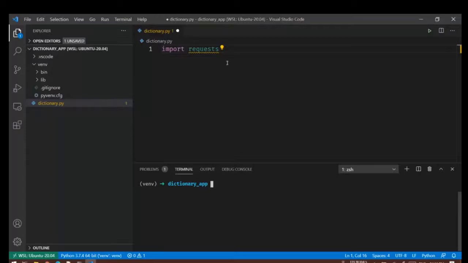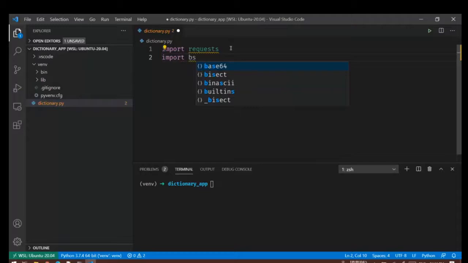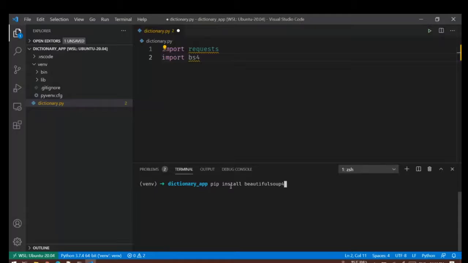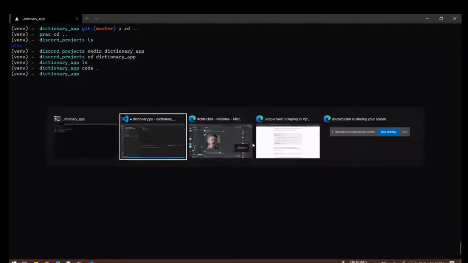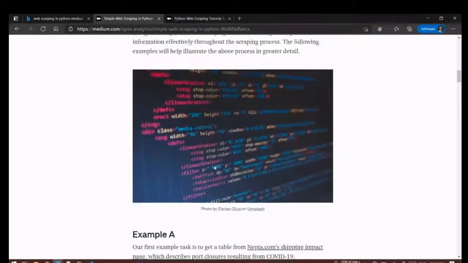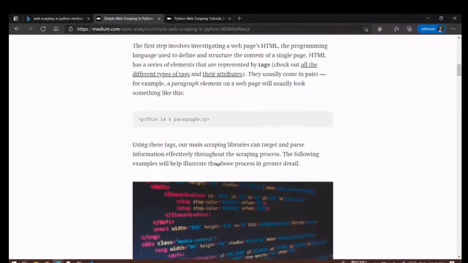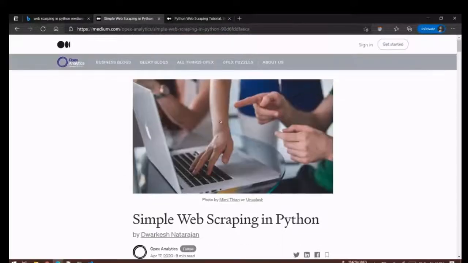Then I'll say from bs4 import, I don't think it's installed, so I'll simply install these libraries with pip install beautifulsoup. I'll keep it very candid. Everything that I would do normally to get started, we'll be doing it here.